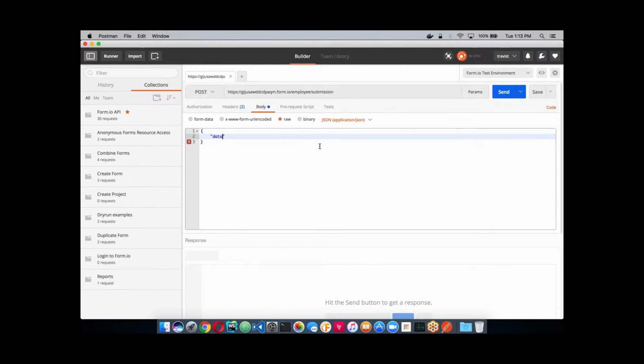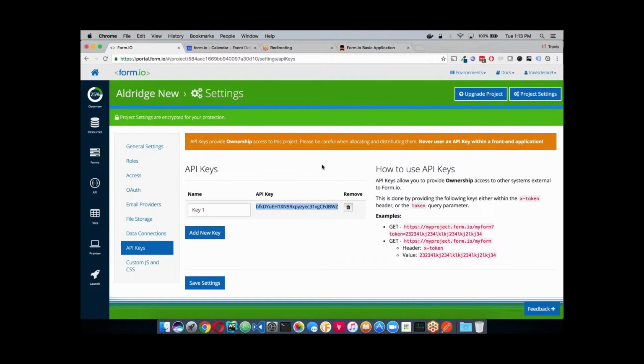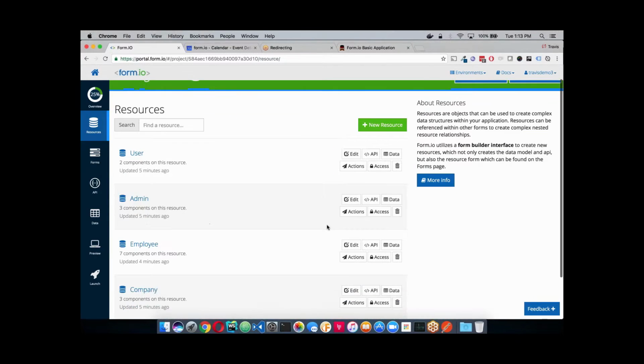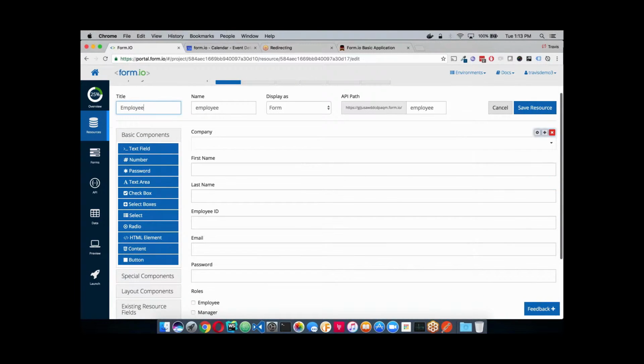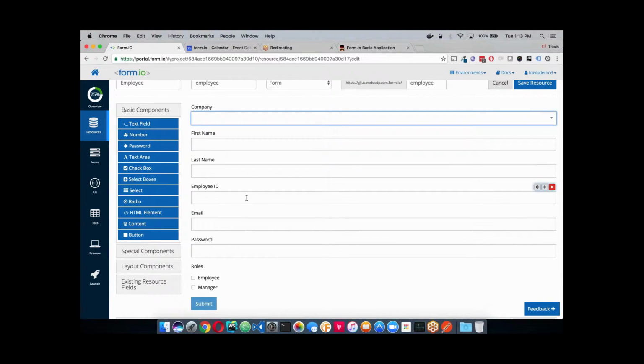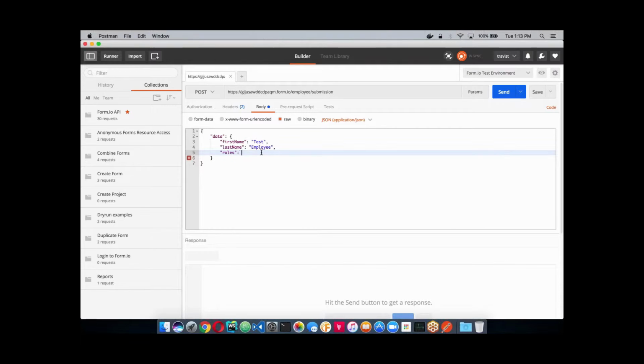And the payload is going to be data, first name, and let's see, the resources, employee, first name, last name. We can select a company, but I'm not going to worry about that right now. I just want to see if it's working. I don't think any of these are required, so I'm going to be able to see if my role assignment's working just by doing roles. And we'll make this